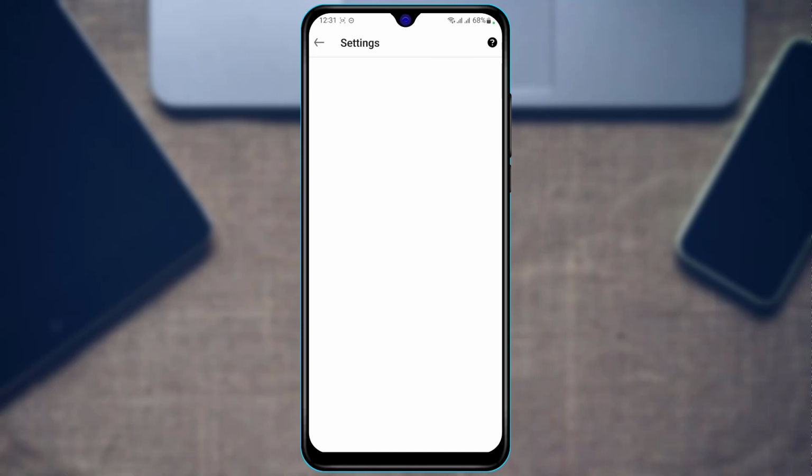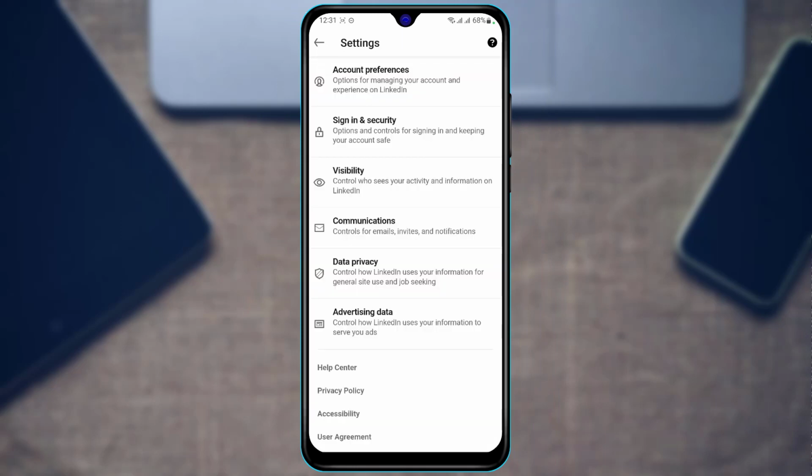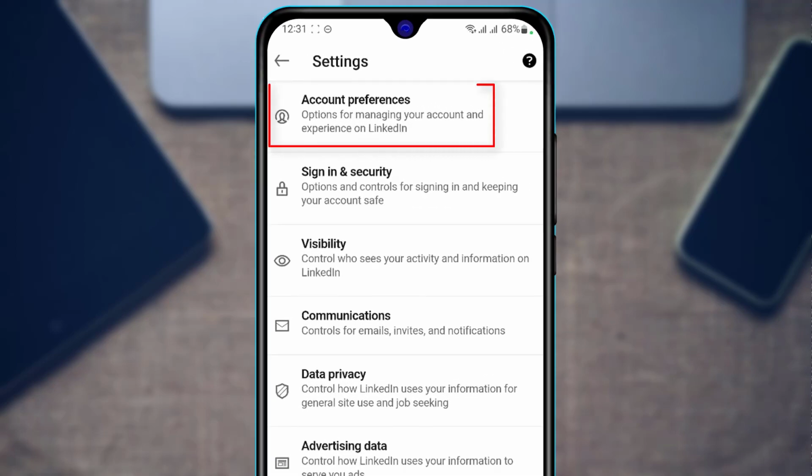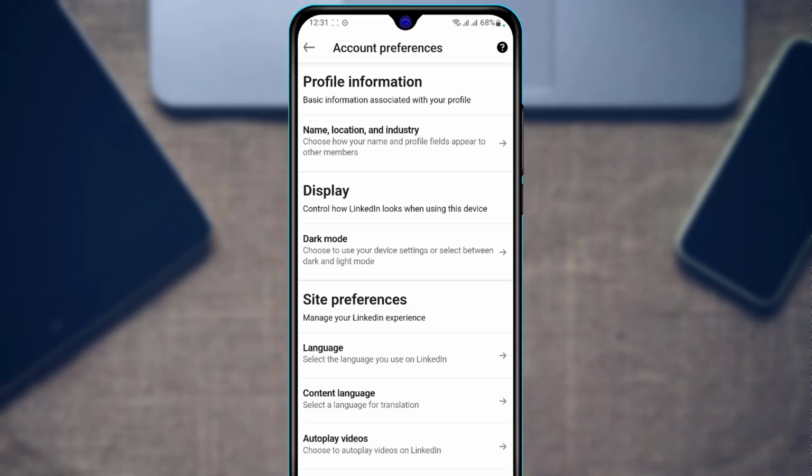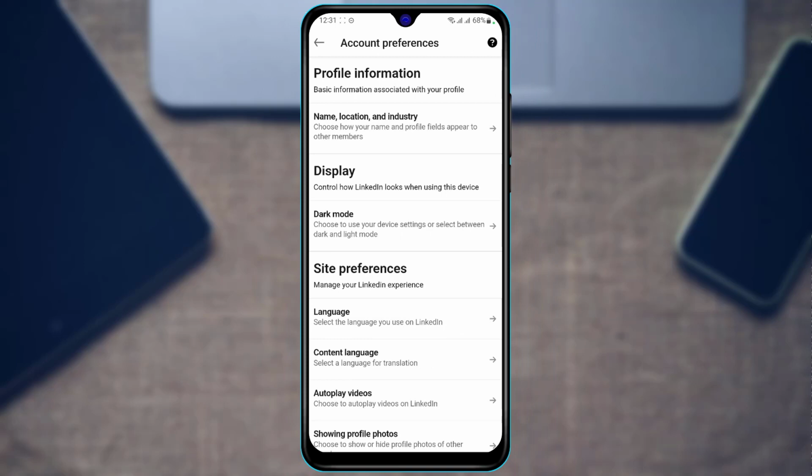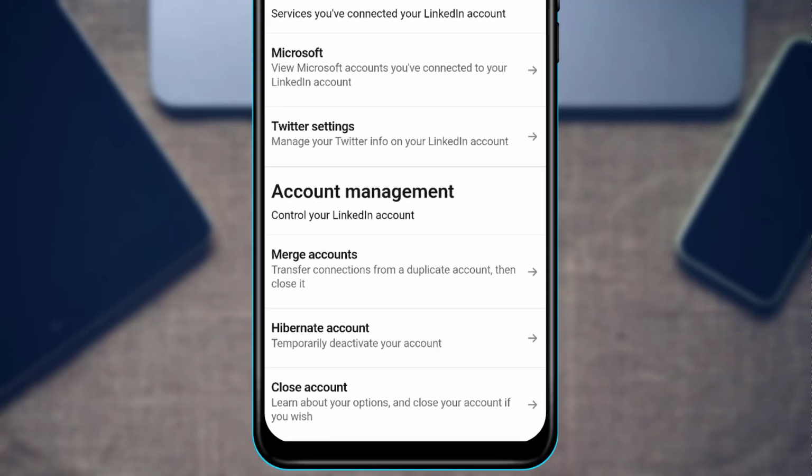As you tap on the settings button, you can see somewhat this is how the interface of the application is going to look like. At the top of the screen, you can simply go ahead and tap on account preferences. As you go to account preferences, it will show you some of the account information which you might want to edit, but we're going to skip all of that because we've already discussed some of these very basic ideas. At the bottom of the screen, you can see 2